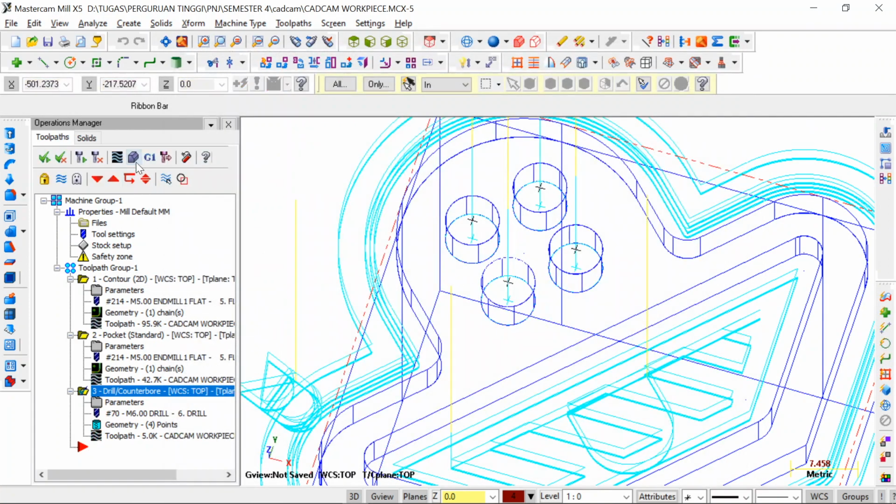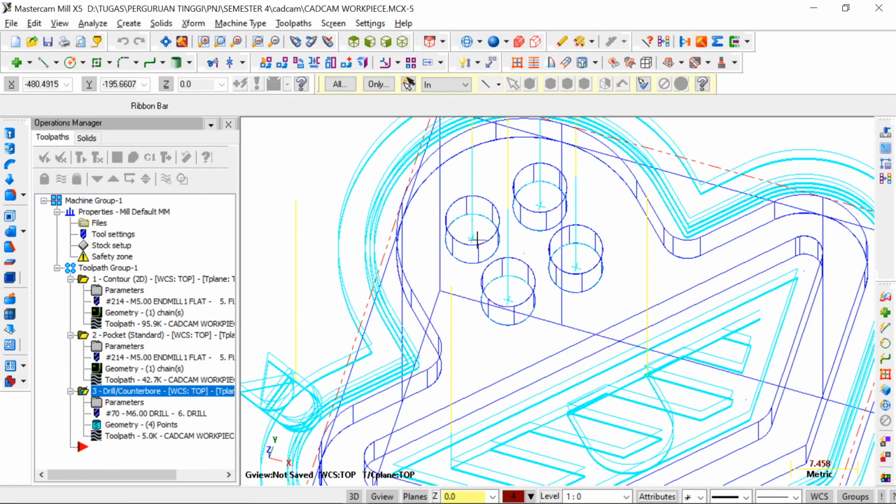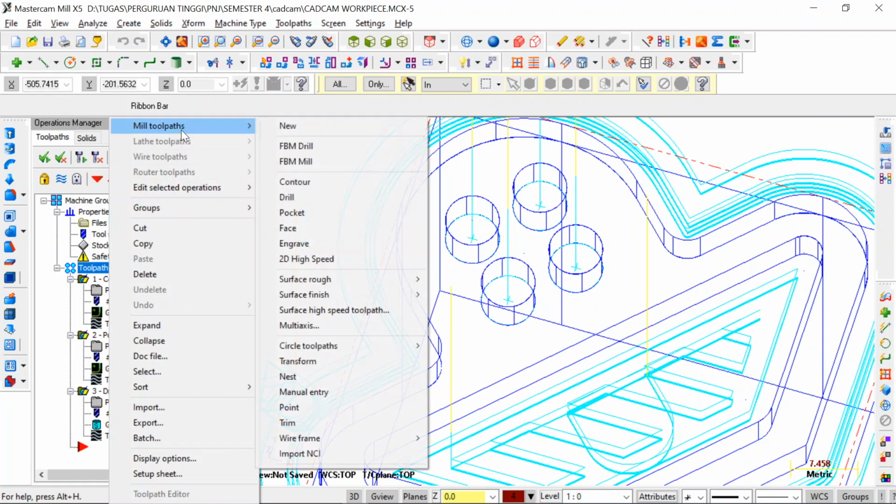Okay. We are going to simulate. Okay. There is also a revision on this operation. As we can see, there is not a smooth flat surface on the drilling, so we need to make another operation here on the same area. It is the toolpath group. We are going to drill it again, but with another tool. So we change the tool.